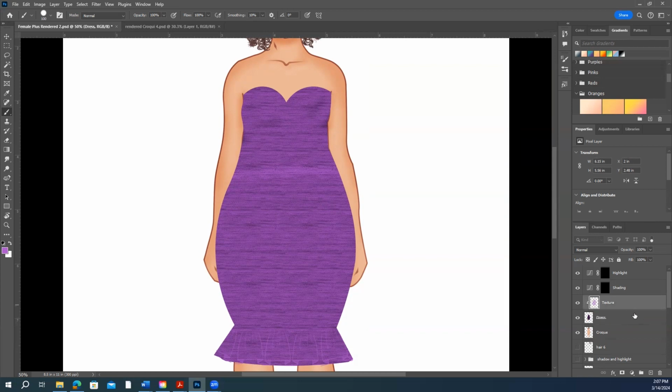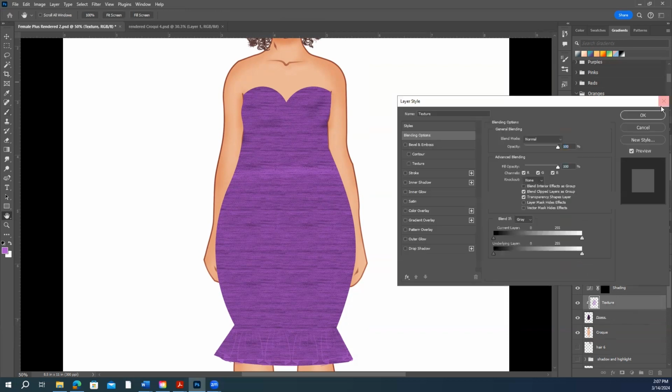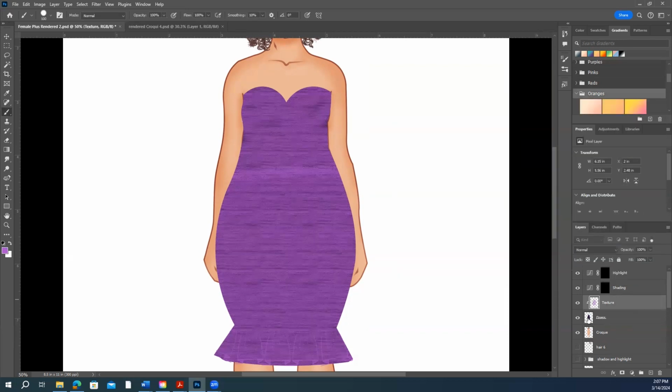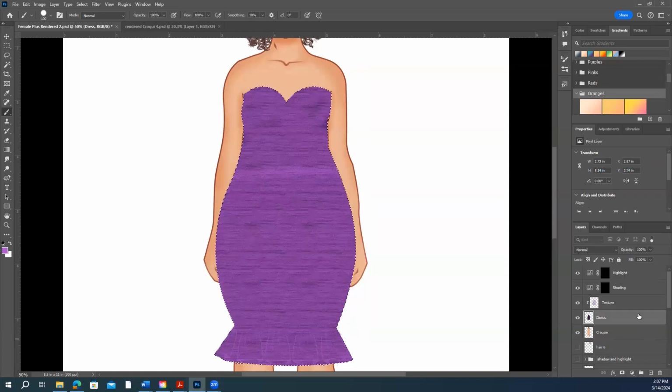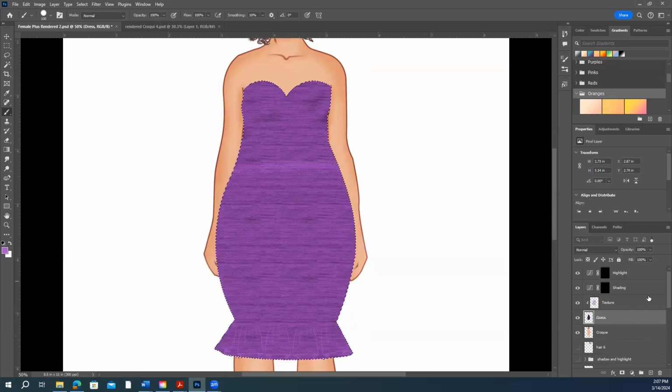Okay. So go here and let's select pixels. So click on it, right click and select pixels. Yeah. And now if we use this, I mean, we do shading, it will go inside, okay, this